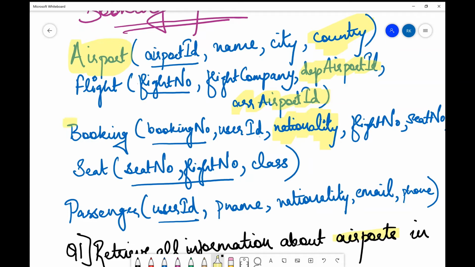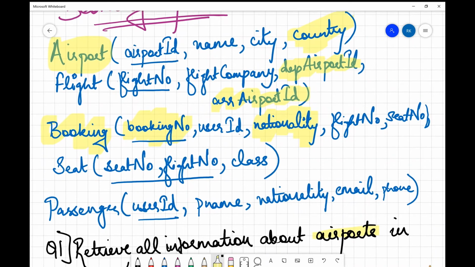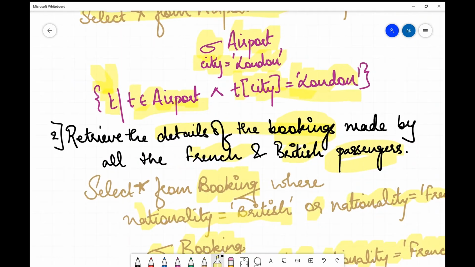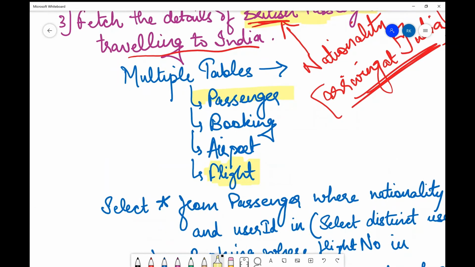And definitely we require the booking to check that the passenger, since it has said that the passenger should be traveling to India, that means the passenger should have a ticket booking. So the booking should be made with a particular flight which is existing and has the arrival airport ID same as the airport ID of some airport in India. So now let's draft the query, since now we have considered everything.